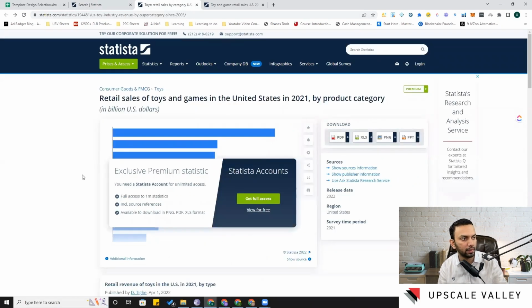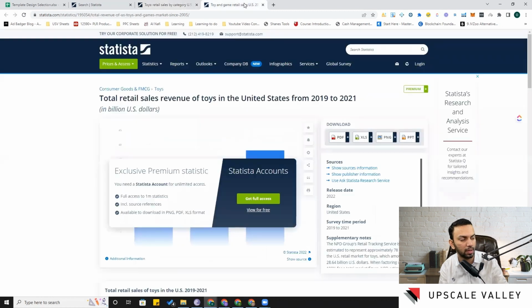I guess I have its subscription. The subscription is around $39 to $49, which allows you to download the report. I guess I have that on another account. But here you can see the retail sales of toys in the United States by product category. And again, you can also see some revenues from 2019 to 2021. So if you want to see some stats like the demographics, the total retail sales, or other types of useful research or statistics, then you can go to this site,